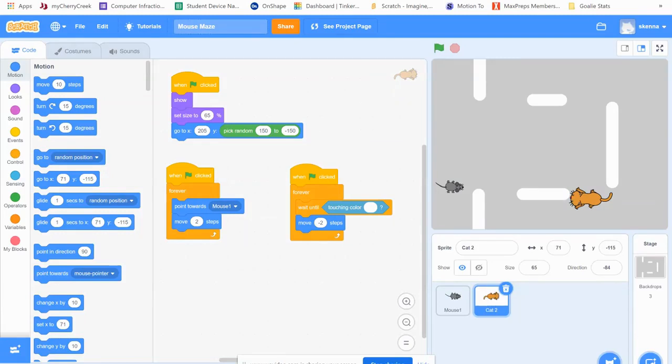Our next step is to add the cheese that the mouse picks up in order to win. Now we're going to have to create this sprite because there's not one in here that's a little cheese wedge from the top. So when I go choose a sprite, I'm going to go up to the paint